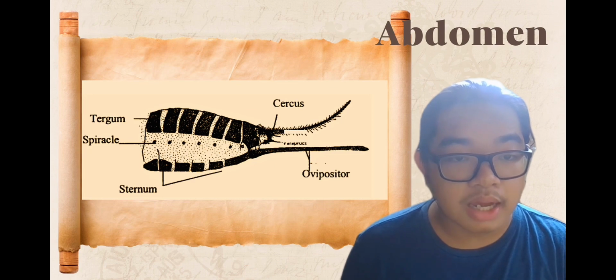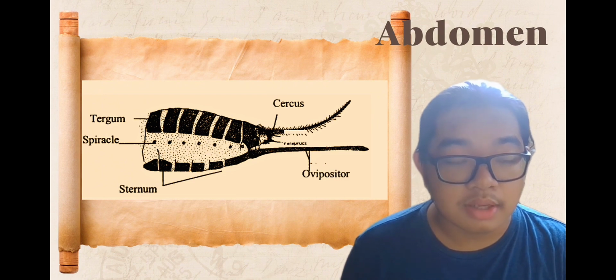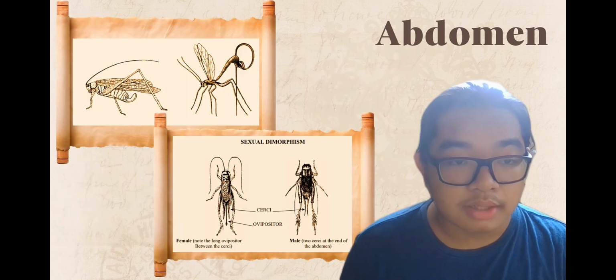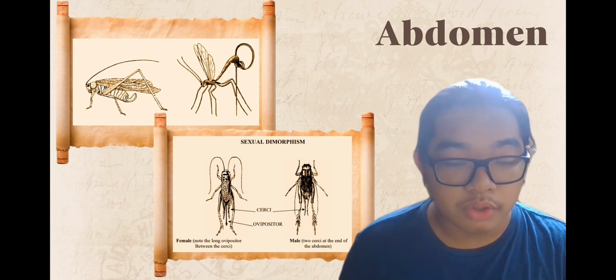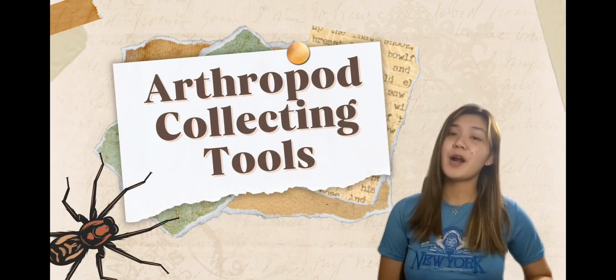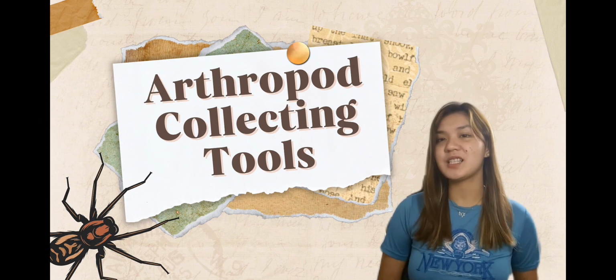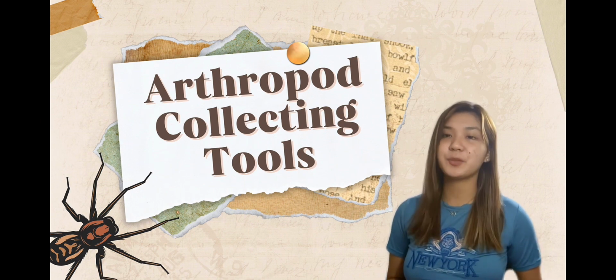Lastly, the abdomen houses vital internal systems such as digestive, excretory, and reproductive systems. Reproductive structures in males and females may differ, with males typically having aedeagus in their abdomens, while females have an ovipositor for laying eggs. Armed with knowledge of arthropod anatomy, let's move on to our second topic, the arthropod collecting